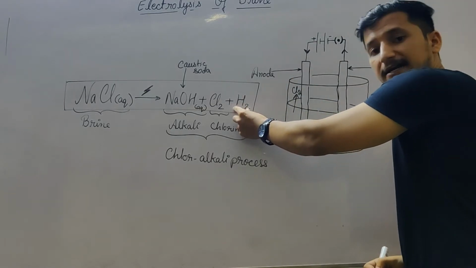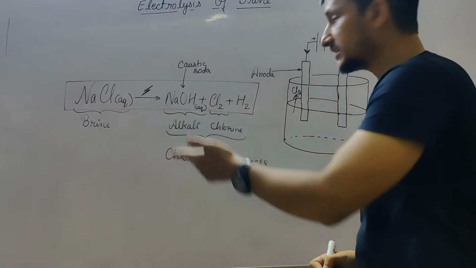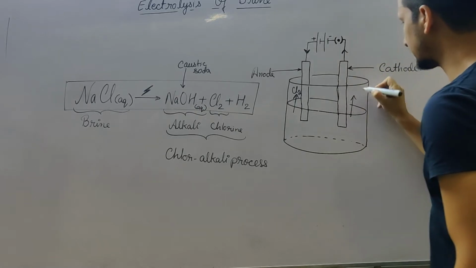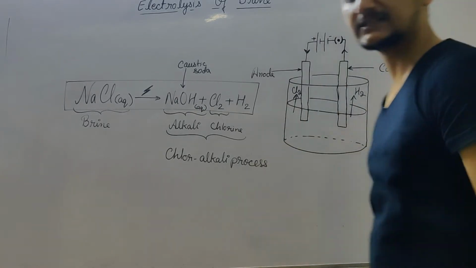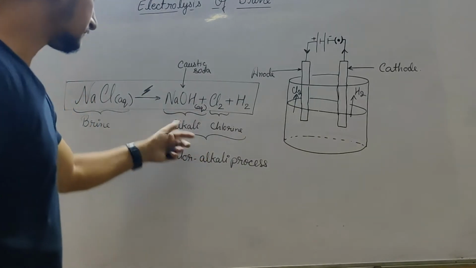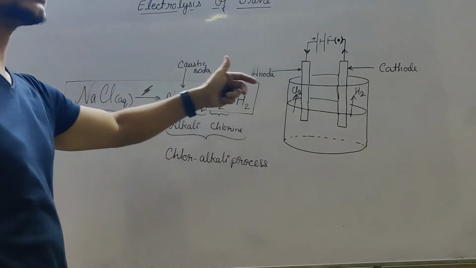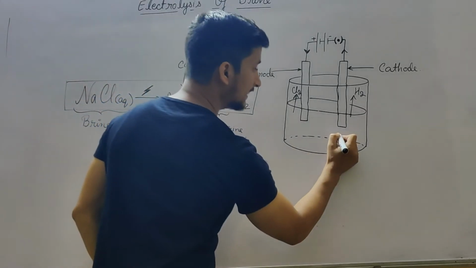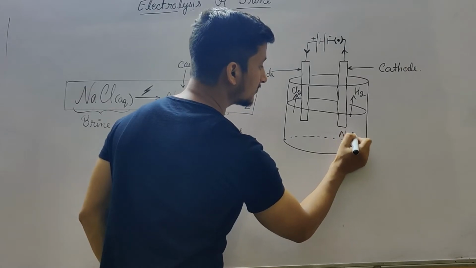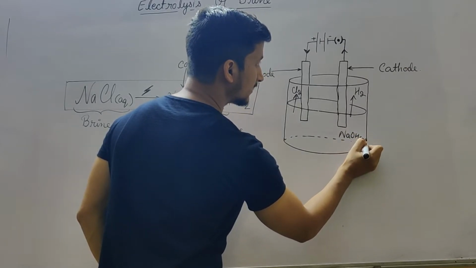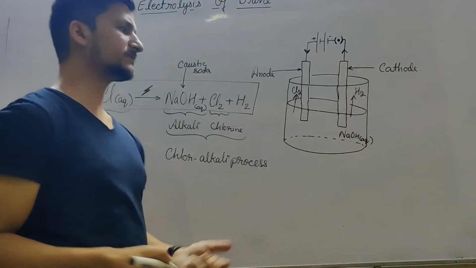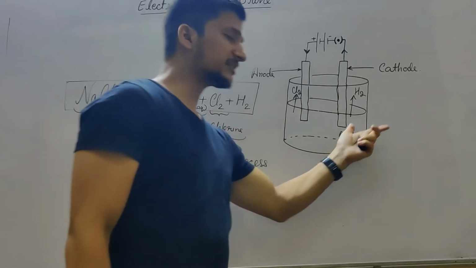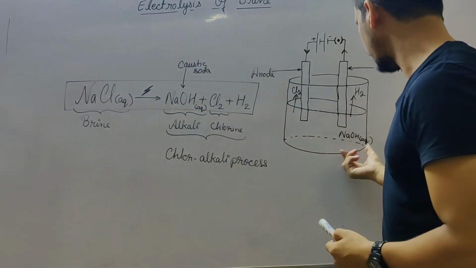Now hydrogen gas, we know that hydrogen ion is a positive ion. So hydrogen gas will be formed near the negatively charged electrode, that is the cathode. So near the cathode, hydrogen gas will be produced. Now NaOH, now there is a question that where is NaOH, or caustic soda, formed? Look, NaOH is formed near the cathode. Now the reason is not in your course, but still if someone wants to ask the reason, then you can say that due to reduction potential, NaOH is formed near the cathode.